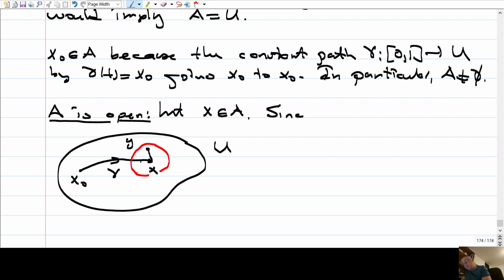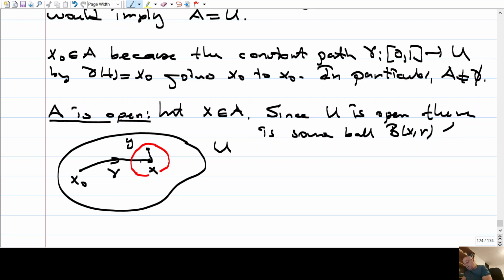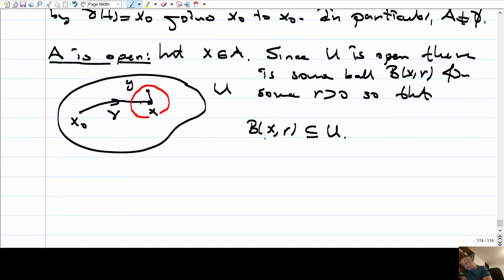Okay. So since U is open, there is some ball B(x, r) for some r so that this ball B(x, r) lies inside U. Let L be this map from [0,1] to U given by